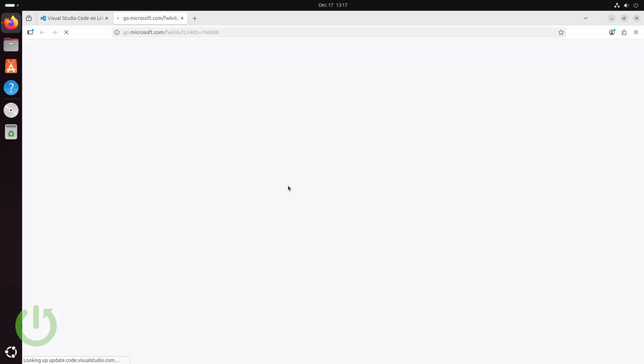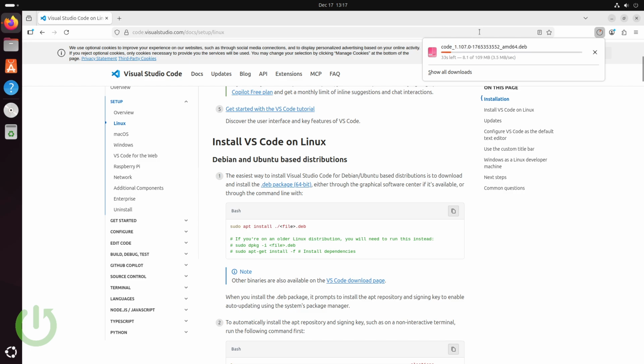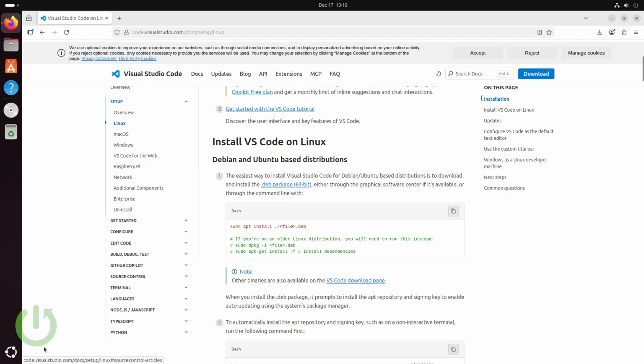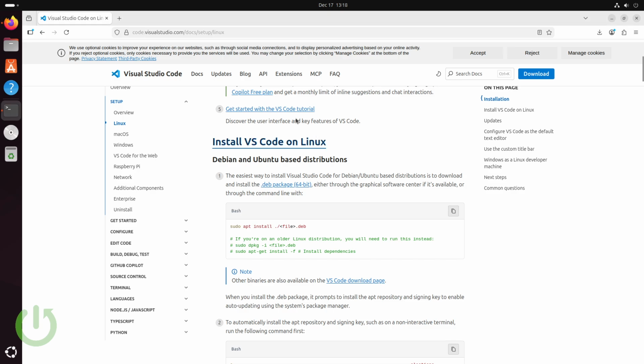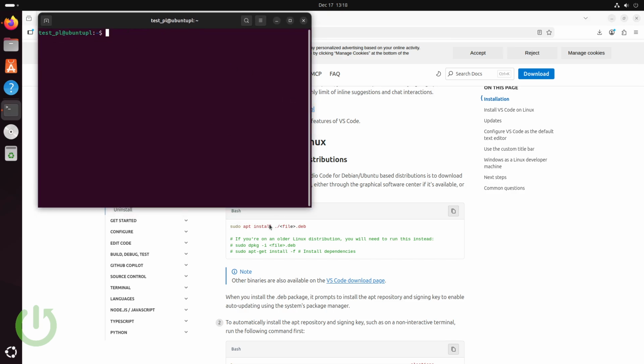So I will now download it, and as you can see, it is downloading 109 megabytes. So our download is completed, and right now we have to go into terminal and type in a command like this: sudo apt install, and then run our package that we downloaded a second before. So I will go into terminal and I will type in exactly the same thing that is written here. So sudo apt install,